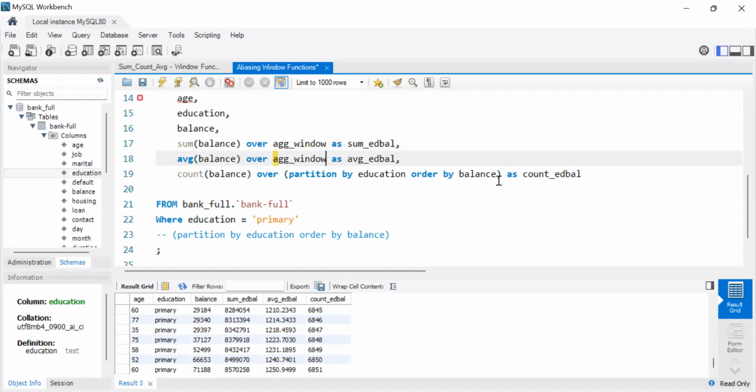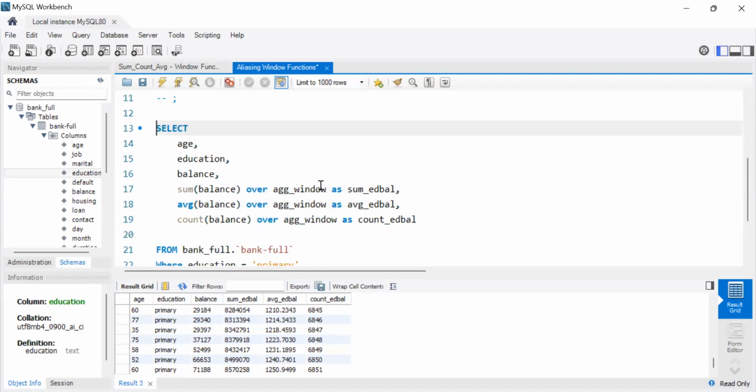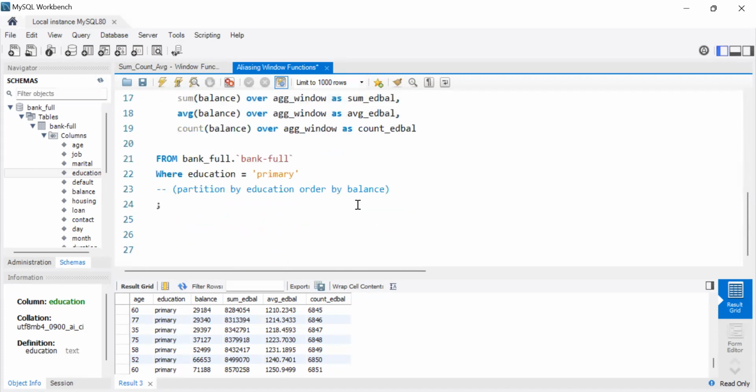And replace it with aggregate windows, same thing. Select this. Replace it with aggregate window. And then what you come and do, you've done select age, education, balance. Here is your windows function replaced by aggregate window. So now we need to define what this aggregate window is. From bank full, where education is equal to primary,